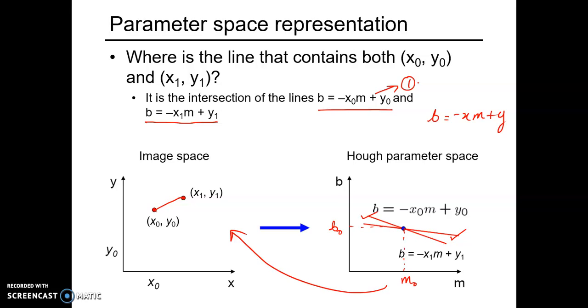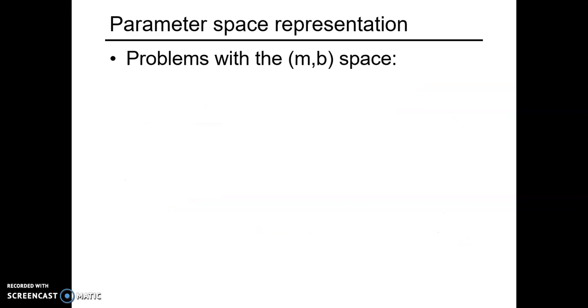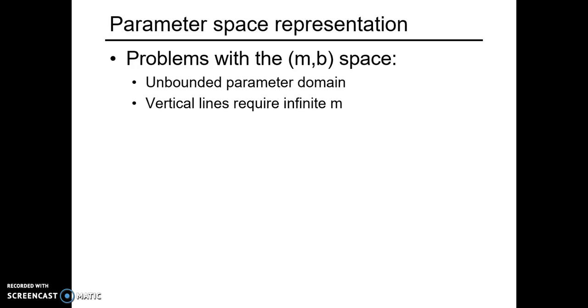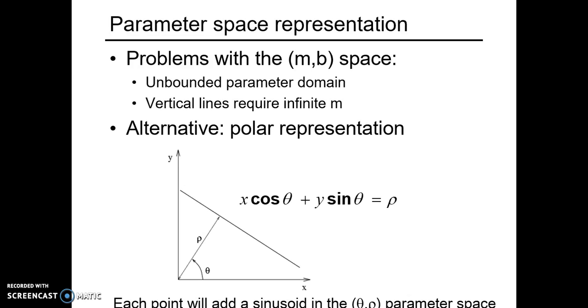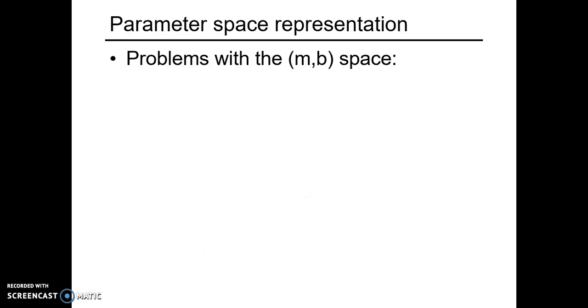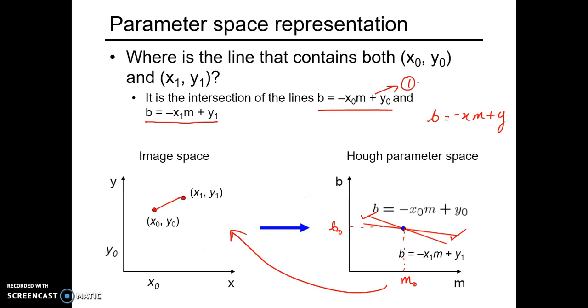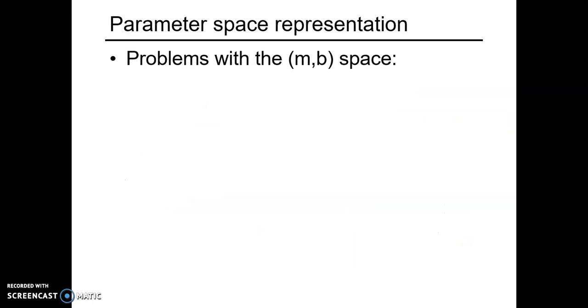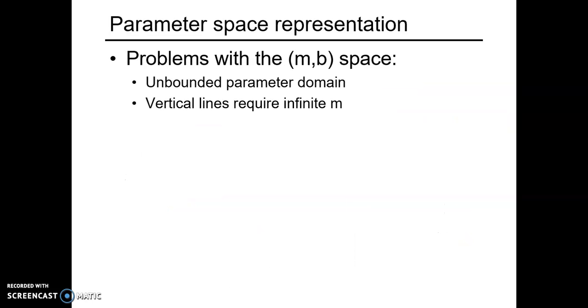So if you take certain points and transform them, you get lines that intersect at a particular point, and those lines are the images of the points in the image space. If you join those points, you get a line, and the intersecting point in the parameter space gives you the slope and the y-intercept. So that is actually the Hough transform. We are transforming each and every point from the original space, that means the image space, to the parameter space to get the correspondence.